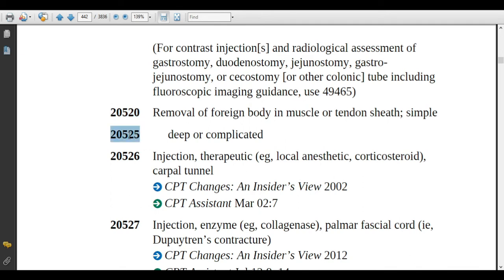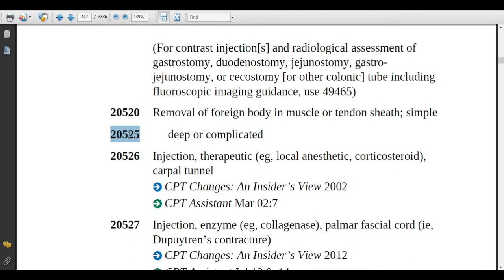Now, when you assign the code 20525, which is deep or complicated. Here in this procedure, when the physician reaches the muscle or tendon sheath, the foreign body may be deep in depth, or the presence of infection may require difficult dissection or removal of necrotic or dead tissue.